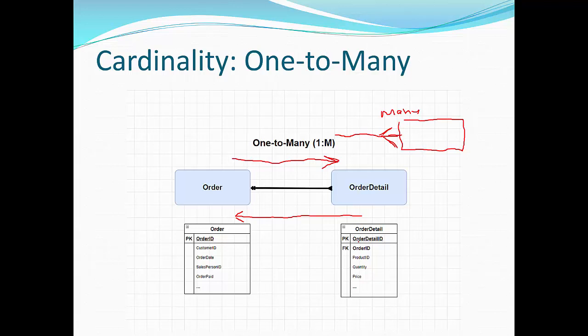So in this case, our customer has told us, and we have documented it in the requirement document, and we know that one order can contain more than one order detail. If you've ever seen a receipt before, you know that an order can contain more than one order detail. Let's say you go into the store and you purchase as many things as you